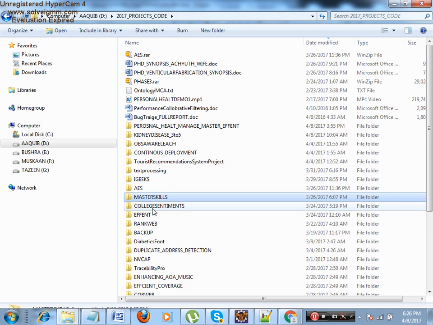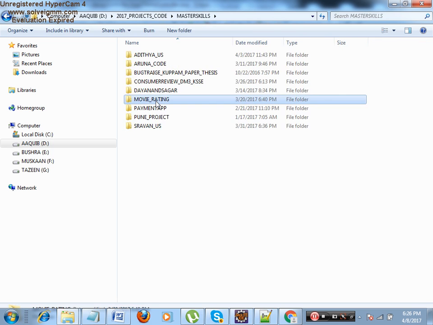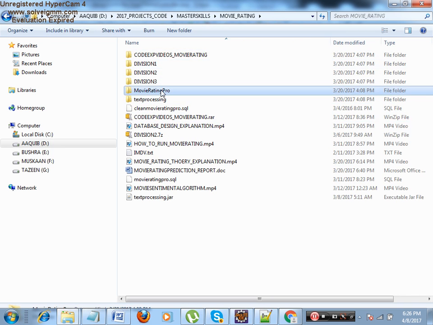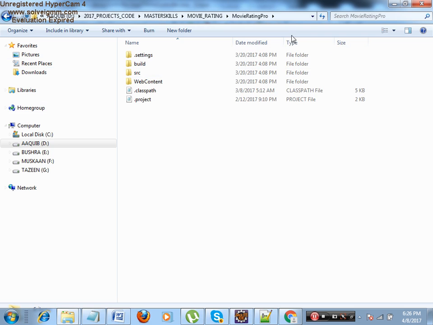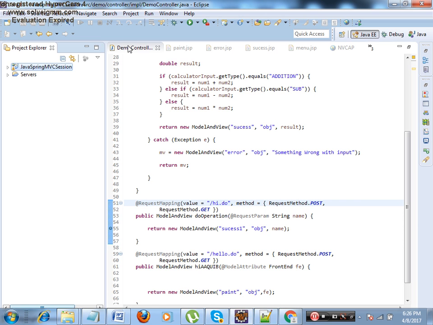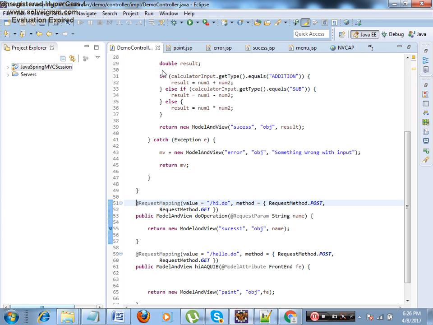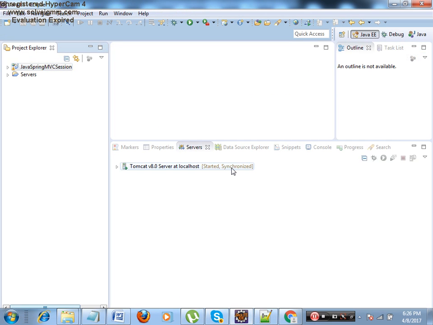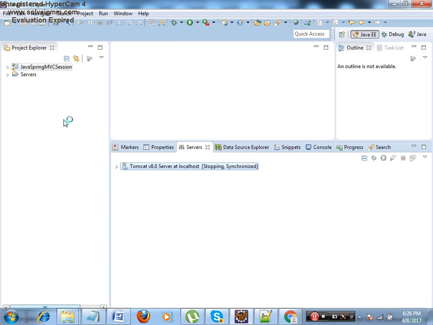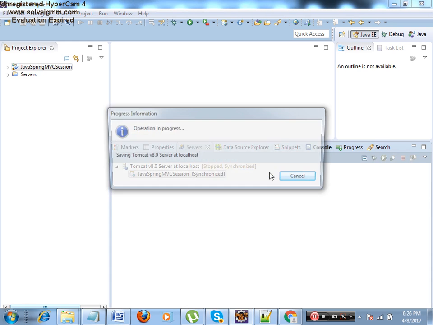Let me import movie rating and run movie rating.